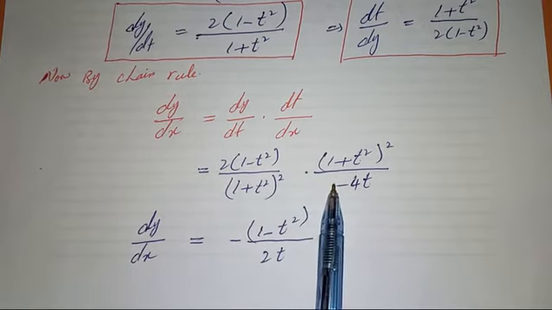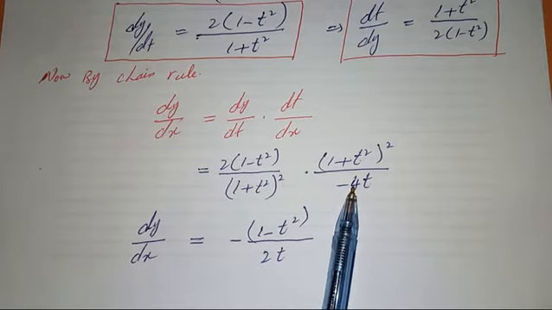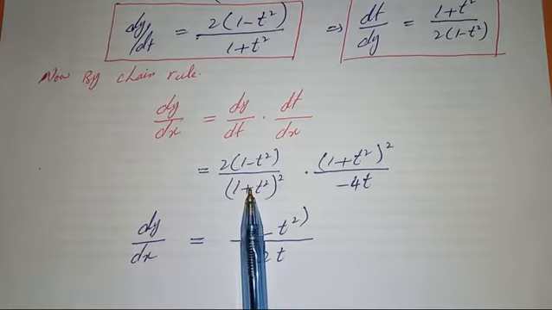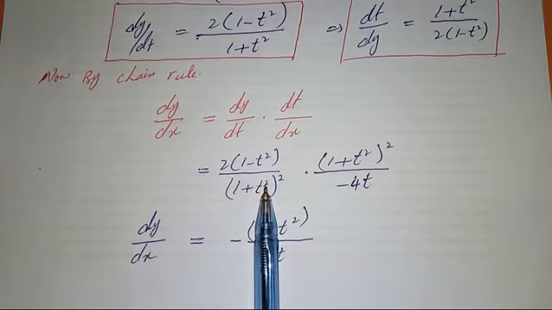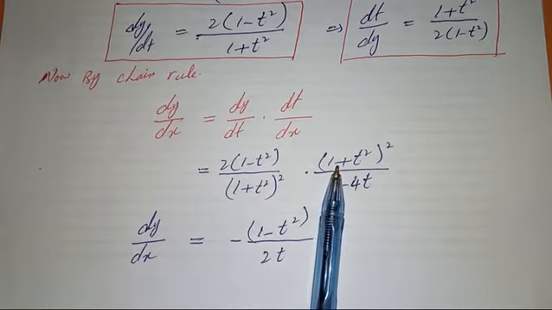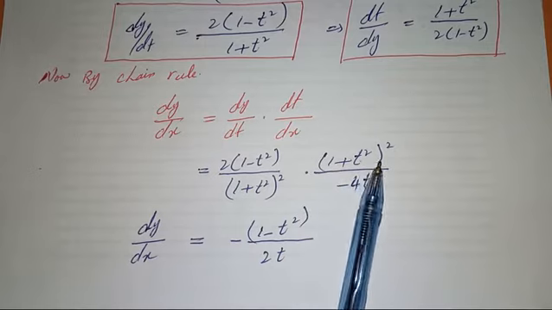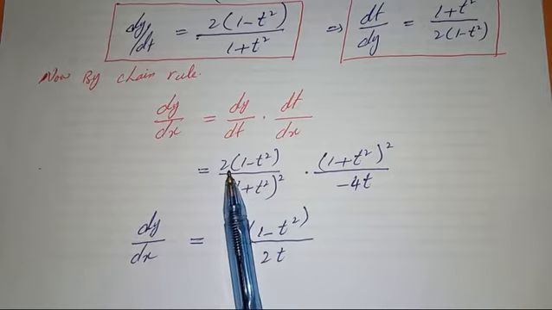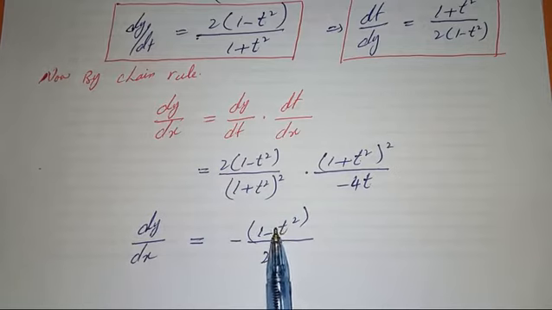2 into 4, only minus 2 left behind, in denominator 2 written here. Okay, and 2 is written here. 1 plus t square whole square is in denominator, while in numerator there is also 1 plus t square whole square, cancel out. So left behind term is 2 into 1 minus t square written here, this 2 is cancelled, this one minus 1 minus t square over 2t, dy over dx is now minus 1 minus t square over 2t.